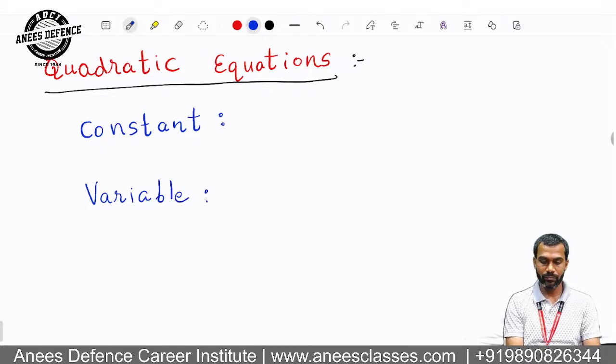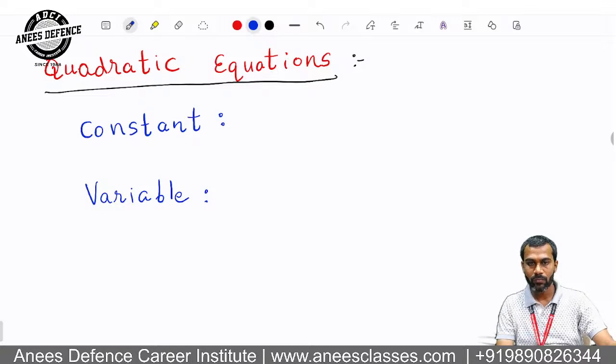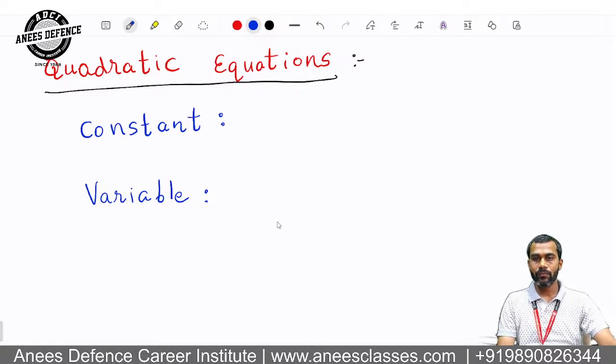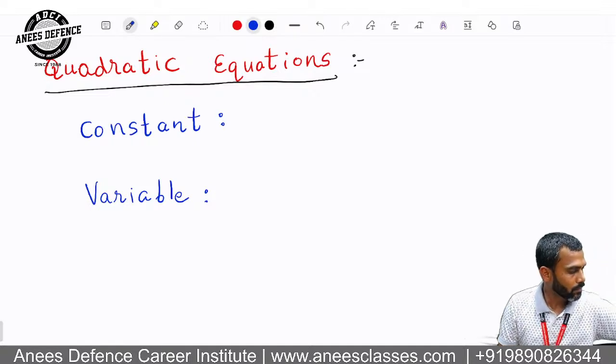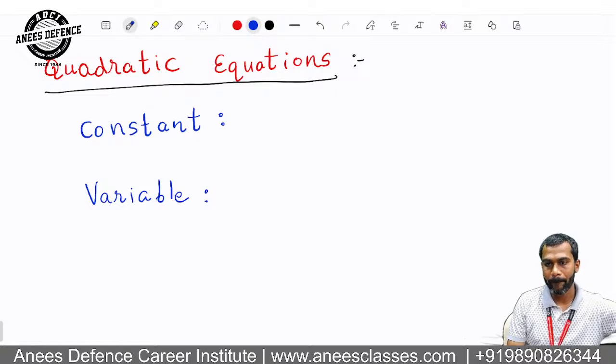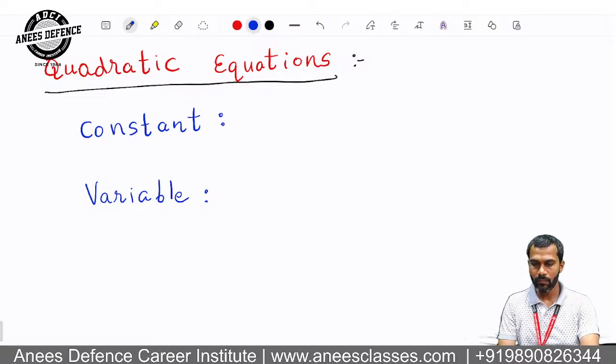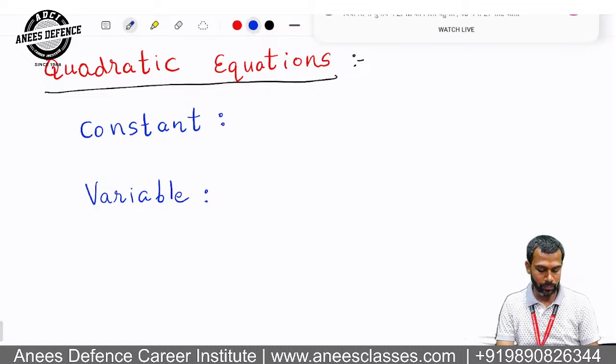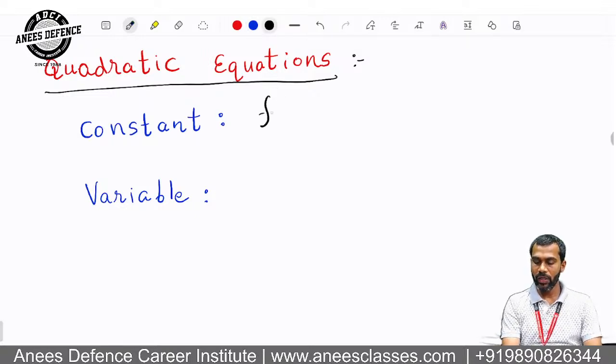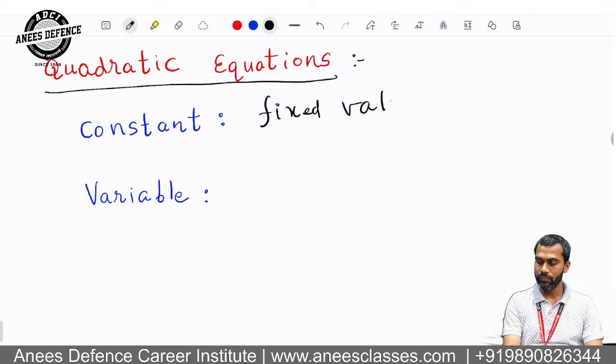Constant and variable. Variable means the value of the quantity may change. Yes or no? And constant means fixed value. Okay. So constant is nothing but fixed value. Yes or no? For example,